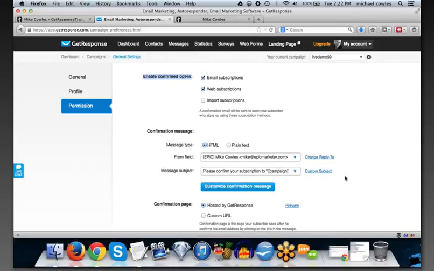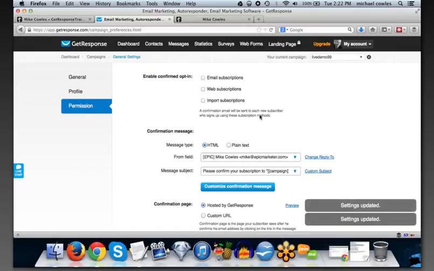Okay, the emails that go out to your list will always have at the very bottom, hey, if you want to unsubscribe, click here, or if you want to change your information, click here. So it's not like they can't go there and see, oh yeah, that's right, I opted in, or they can't get off your list or anything like that. So don't make it harder for them to get on your list. So the way to make sure you do that is to simply uncheck these 2, okay?